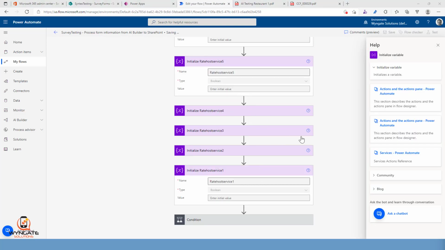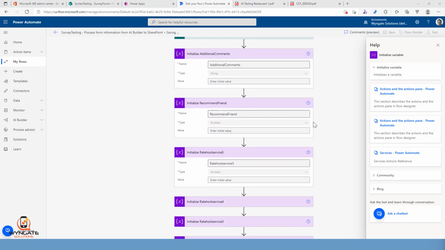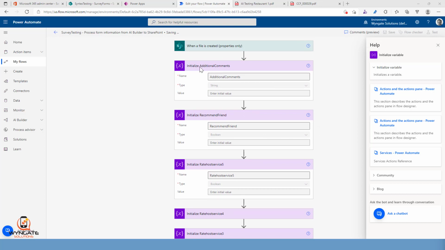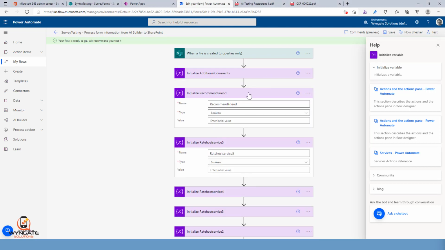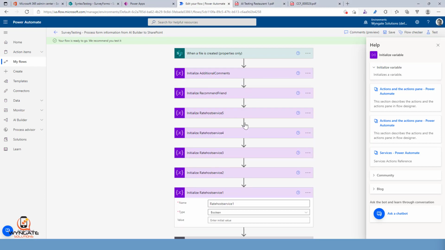So we have created all these variables, and what I did was I just renamed all the headers, so we know that this is for additional comments, this is for recommend friend, rate host service 5,